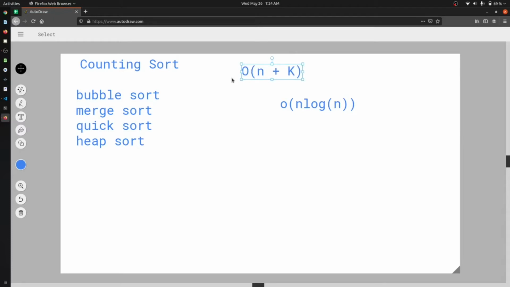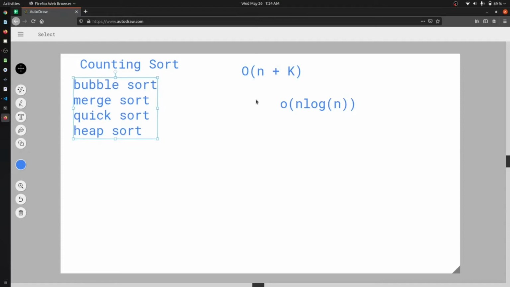And the con of this is that if you have a large array with a maximum of millions, or say an array of 5 elements in which one element is 2 to the power of 32 or something like that, then this algorithm will be much slower than any of the other algorithms. Even slower than the bubble sort, which is n squared. But still, many companies ask for the counting sort, so let me explain what it is.